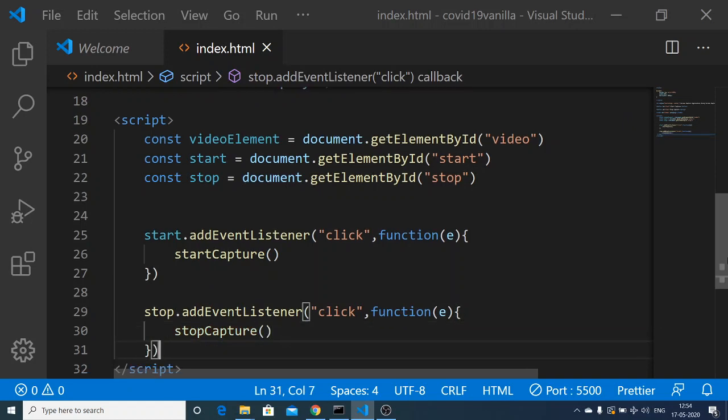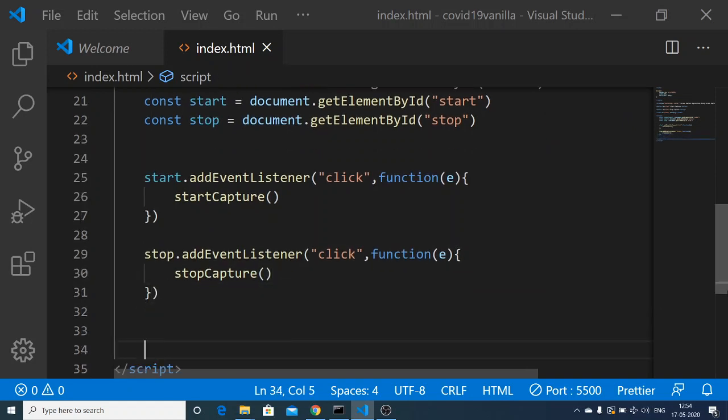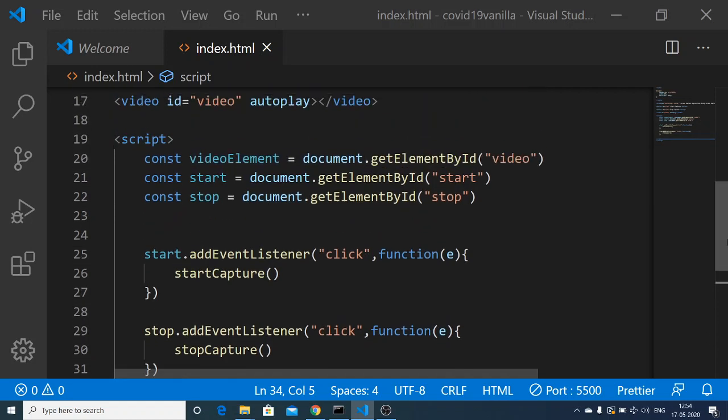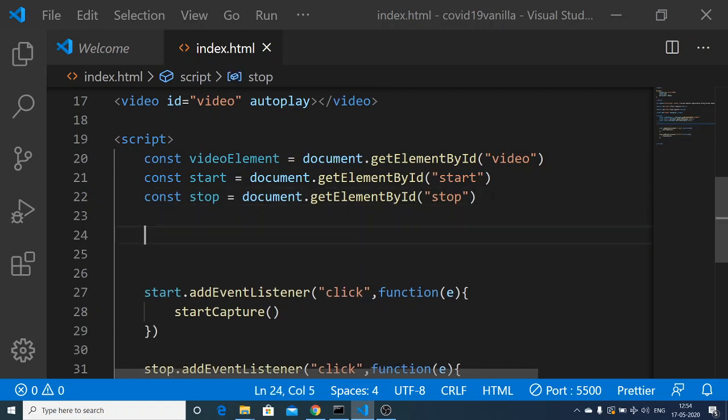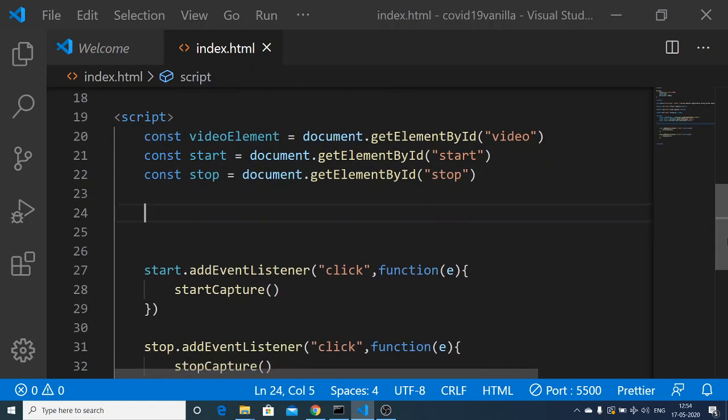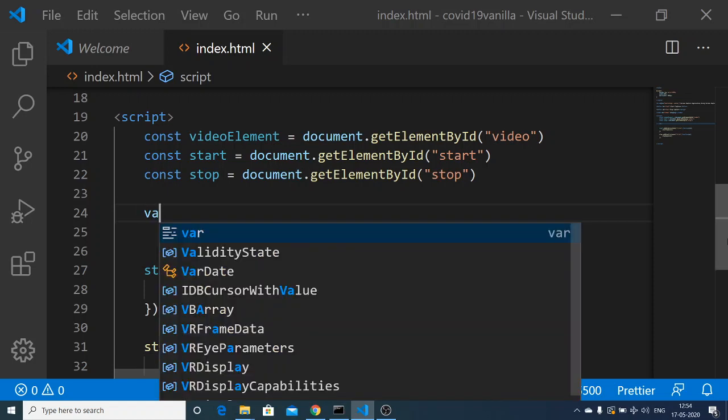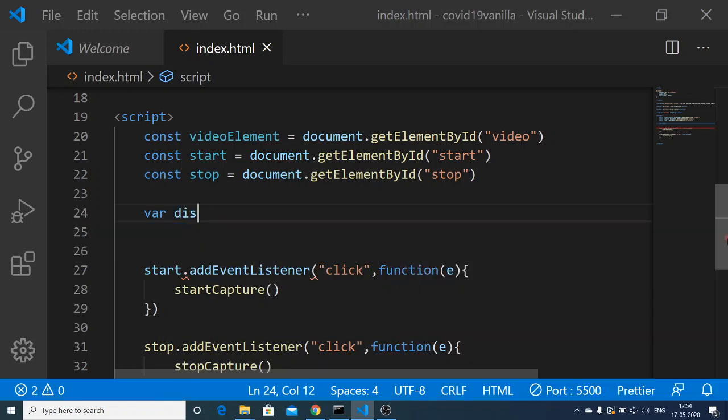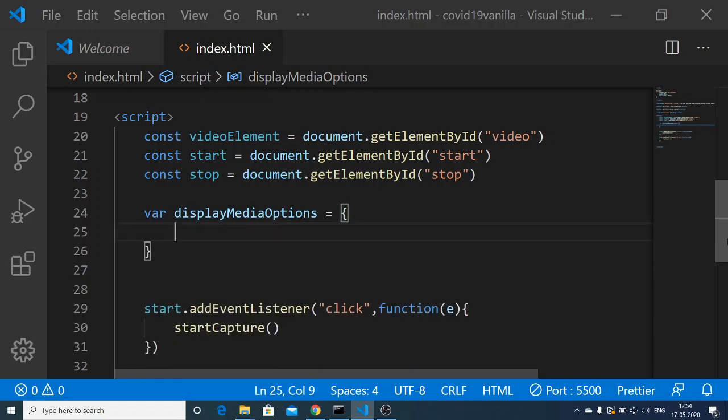We will define these custom methods, but first of all we need to apply some options that will be responsible for our capturing. These are the options. Let me declare a variable which will be displayMediaOptions. This will be an object, a set of curly brackets.